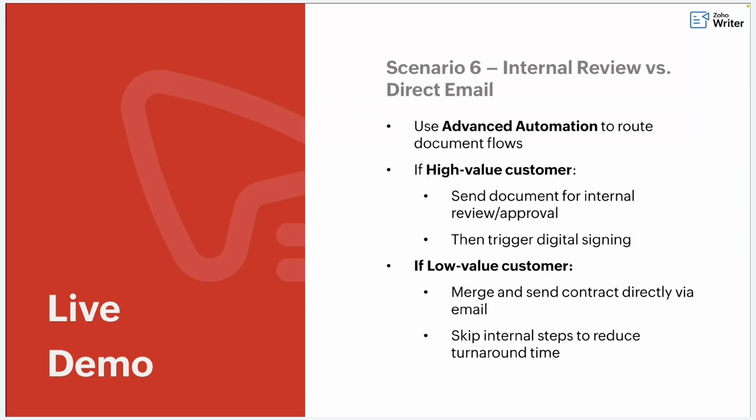So for high value customers, we will route the document internally for a review or approval process. Let's say there is a high value customer getting into the document. When we are creating an agreement for them, we will send the document for an internal approval process, and then it will be sent out for signature. If it is a low value customer, it will be sent directly to the customer via email upon a click. To configure this, we are going to use the advanced